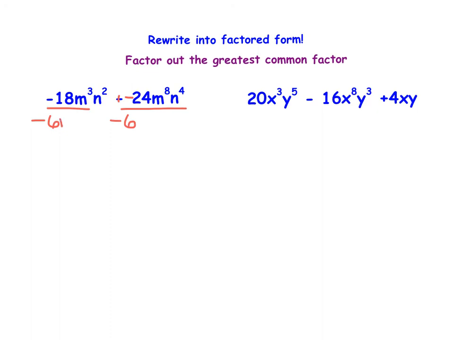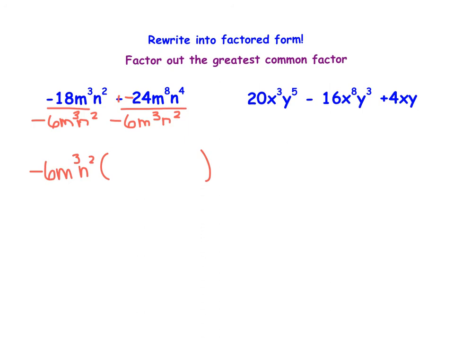I then notice that they both contain at least 3 m's, and they both contain at least 2 n's, the very minimum. So now if I factor out negative 6m cubed n squared, so I'm undoing that distributive property there,